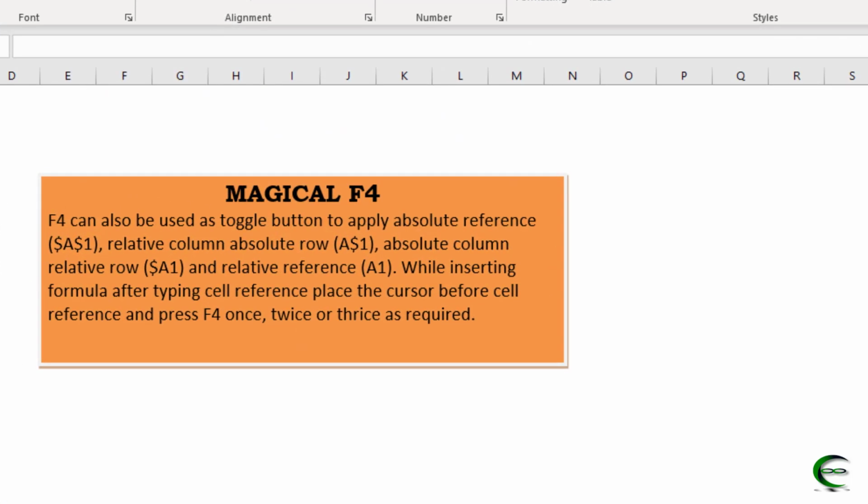Finally, I am sharing a trick to change the cell reference. As I told earlier, when we select a cell for applying a formula, by default it is a relative reference.